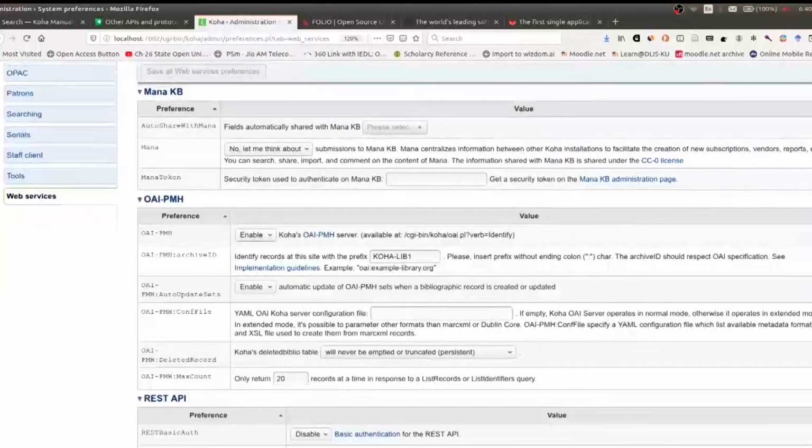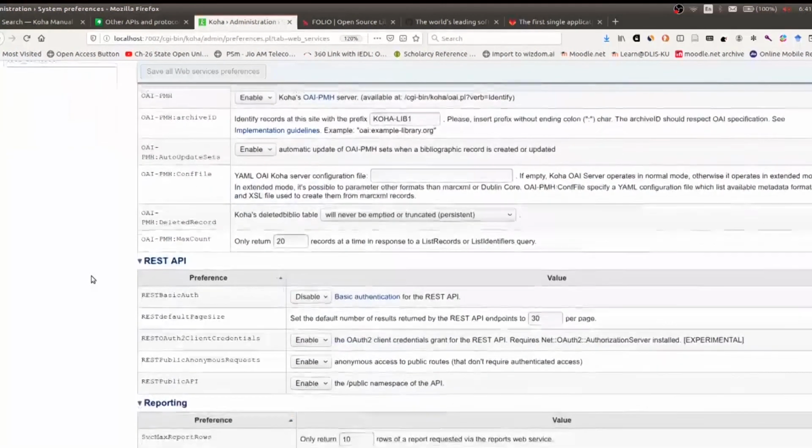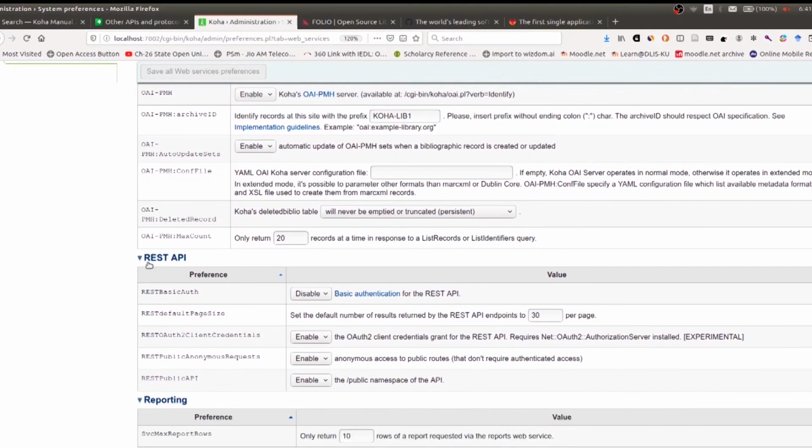It supports OAI-PMH. So, Koha now provides MARC 21 formatted data either in DC, OAI-DC format, or in MARC XML format. And recently the latest version of Koha supports many REST endpoints. So, these are some of the open standards recently supported by Koha.